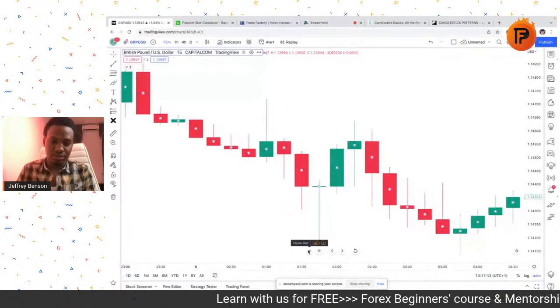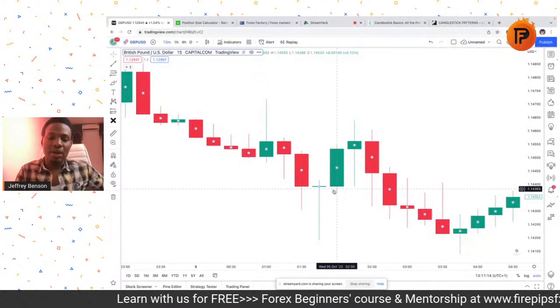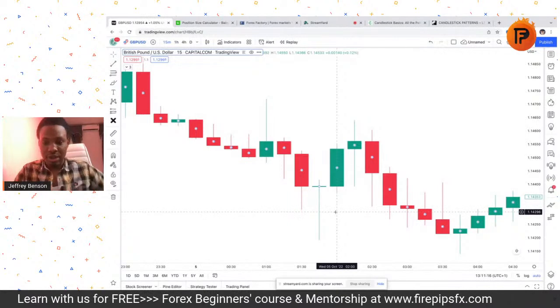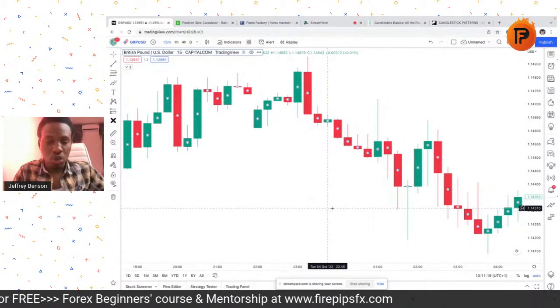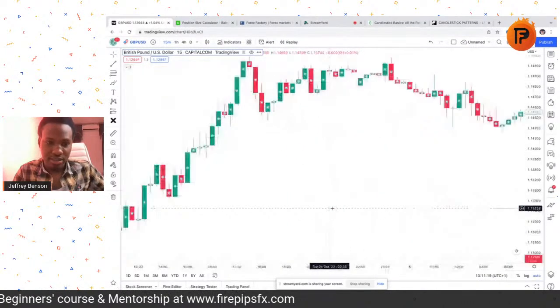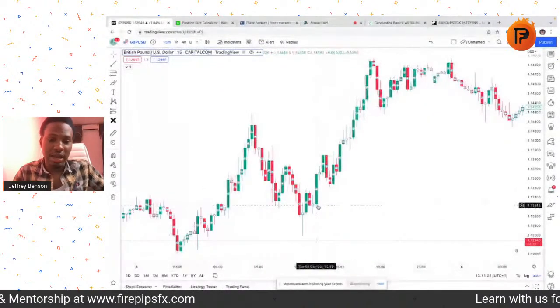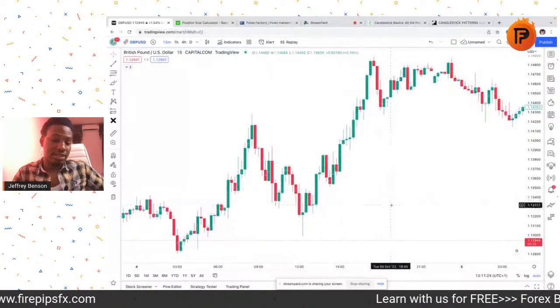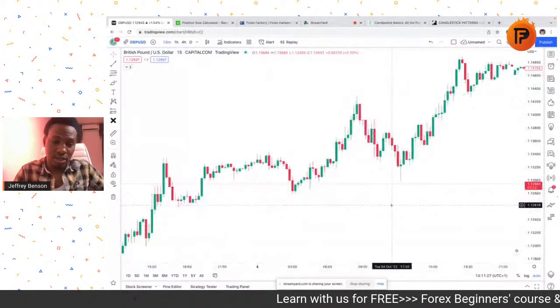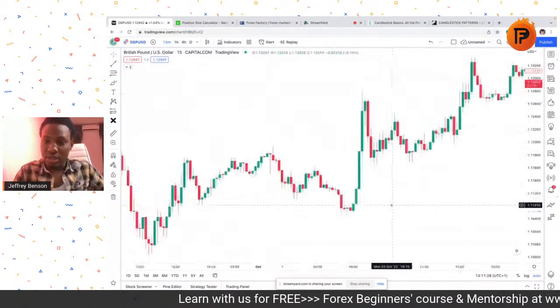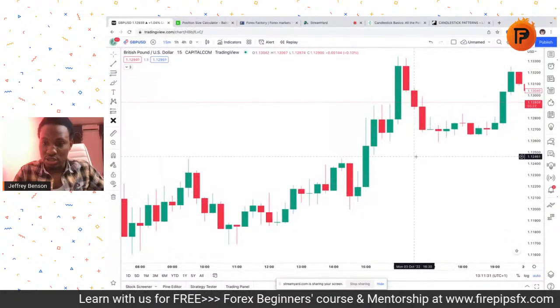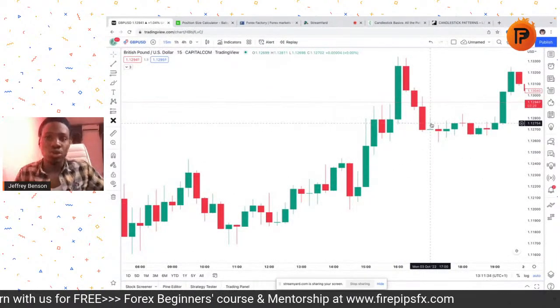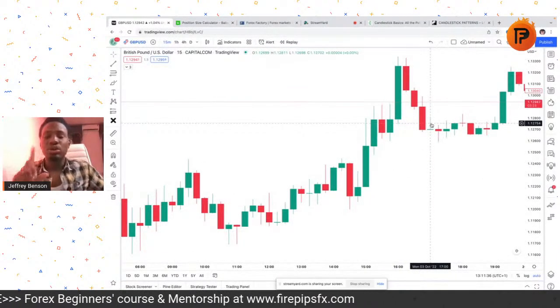Doji candles are candles that show indecision in the forex market. It shows that neither the buyers nor the sellers are actually winning the fight. To me, I love to look at these things like a fight, red and green fighting against each other, the bears and bulls fighting. All right, here's another example of a doji. Here is a doji. So we have the gravestone doji, and we have